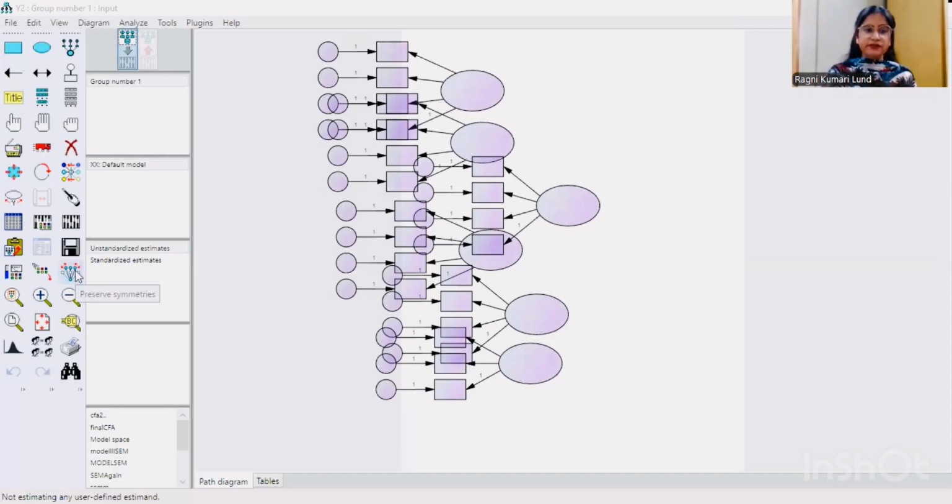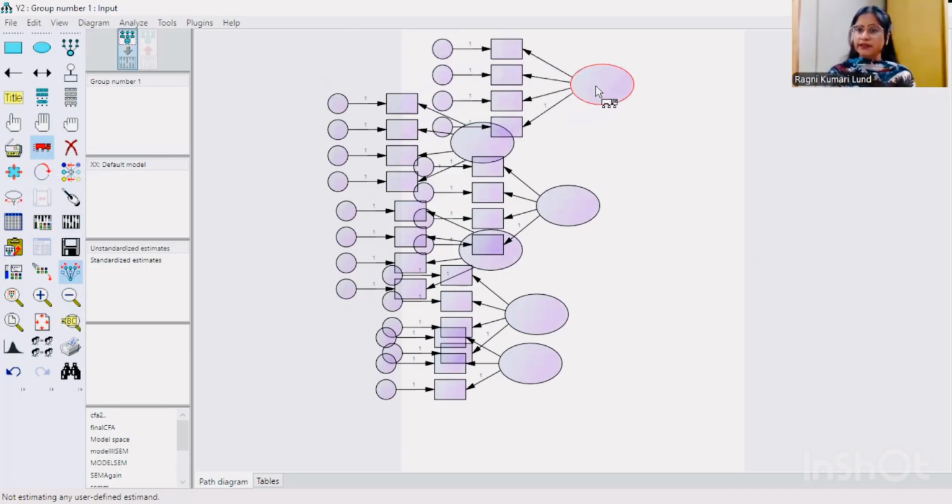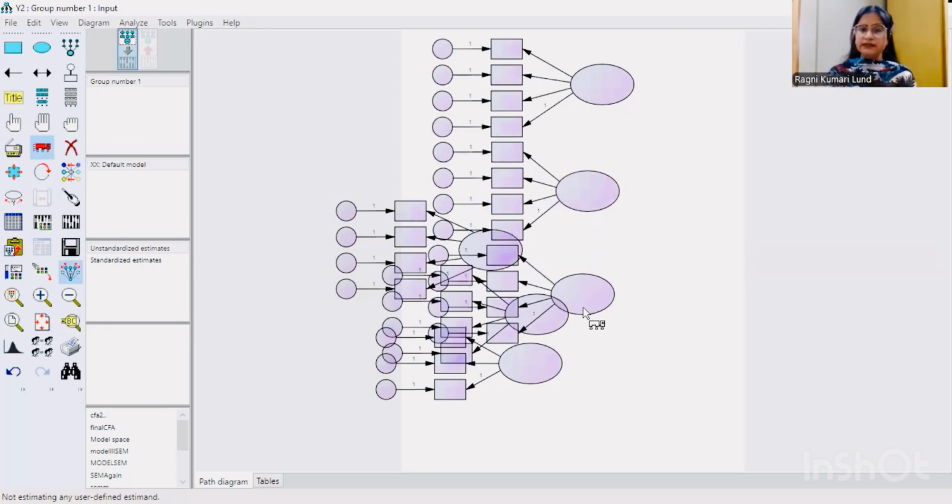First select this option, which is preserve symmetries. But if you do not select it, see what happens. Move object, then you can see if you move this one, how it works. So this is not good because it's very difficult to select item 1, item 2, item 3, item 4 separately. So this option works. Preserve symmetries, then select move object. Then you can see all your variables and items move combined in a few seconds. So it is very easy. So give this shape, because in CFA we arrange the variables and shapes in a straight line.